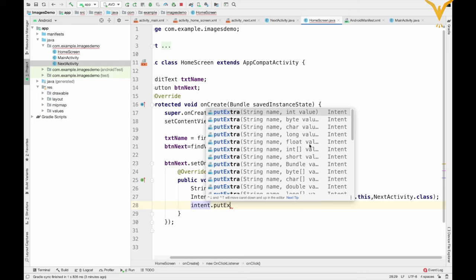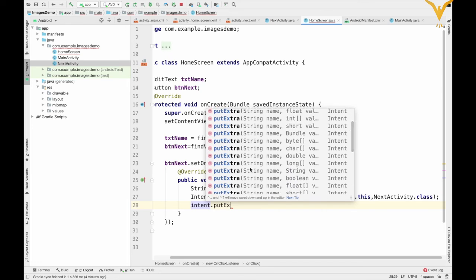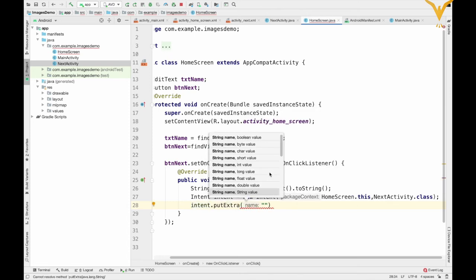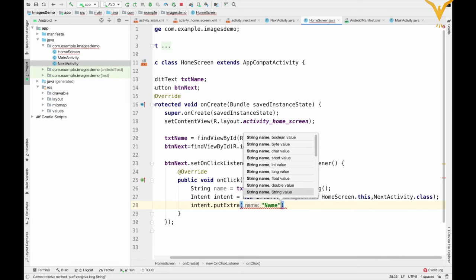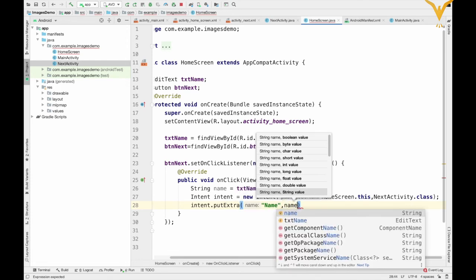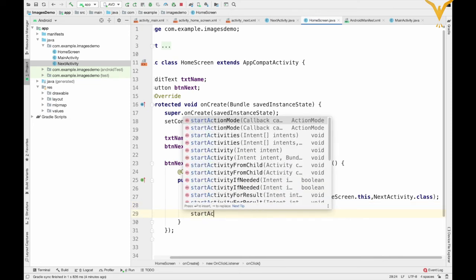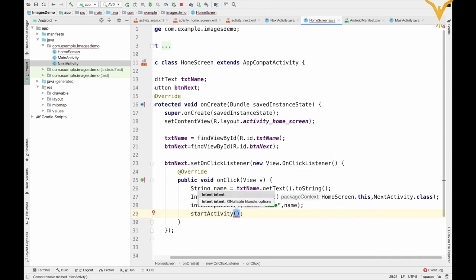As in this case we want string name and its string value, so we'll choose the method with these parameters, string name and string value. So we'll assign name as name and then value as name variable. Now we will start the activity and pass the intent parameter.